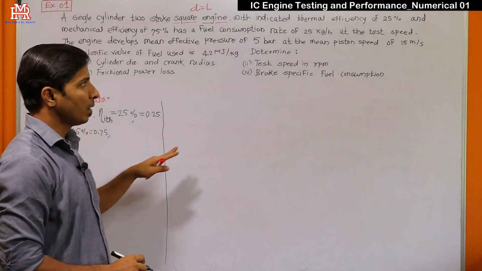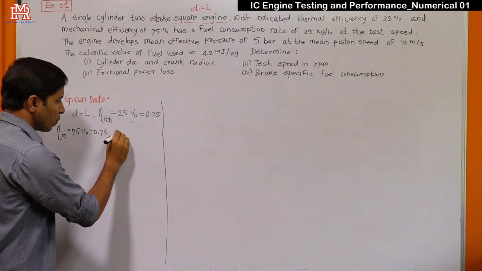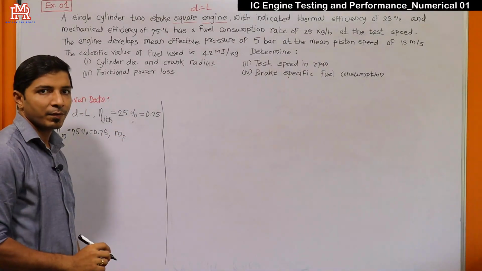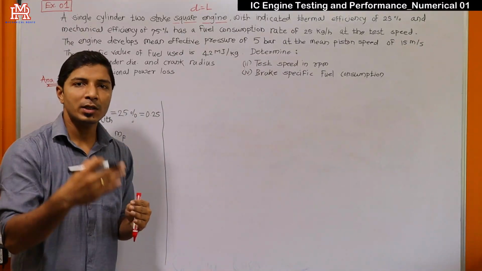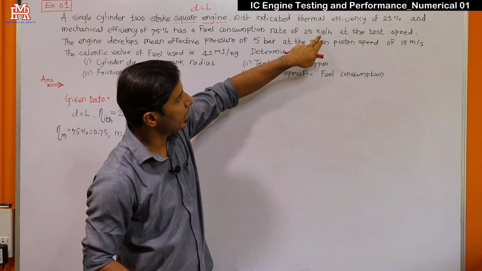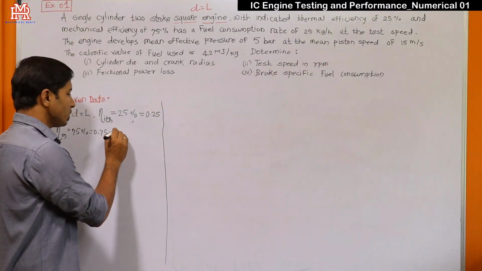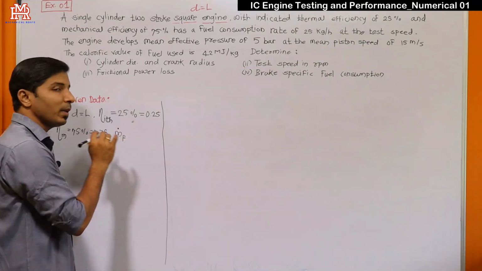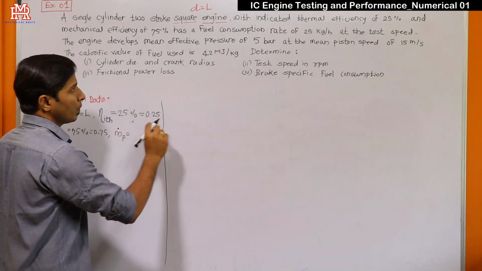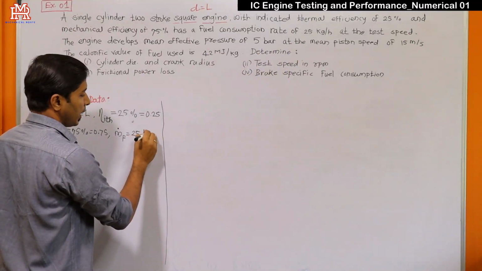Then it has a fuel consumption rate of 25 kg per hour. Now we know that mass of fuel, we indicate with the notation small m f, but for mass of fuel consumed per unit time, 25 kg consumed per hour, we simply use this dot here. So m f dot is equal to 25 kg per hour